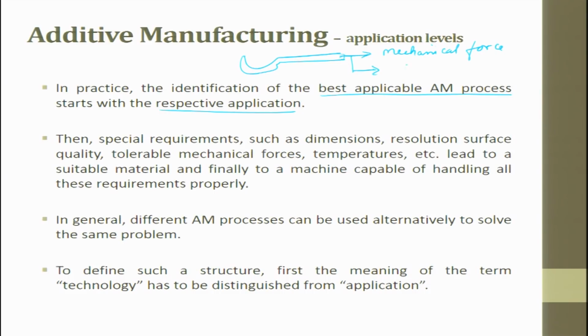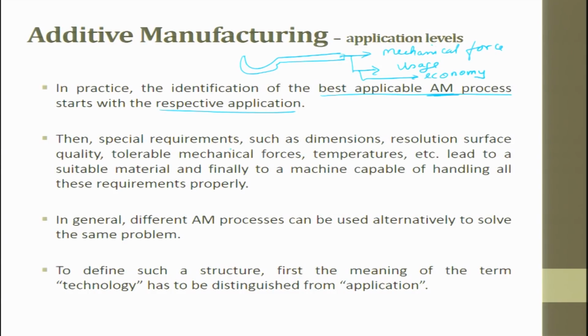Then you try to see its usage, then you try to see its economy, and then you decide which additive manufacturing process to choose. So, for every product we have to choose a proper cost effective, performance based additive manufacturing